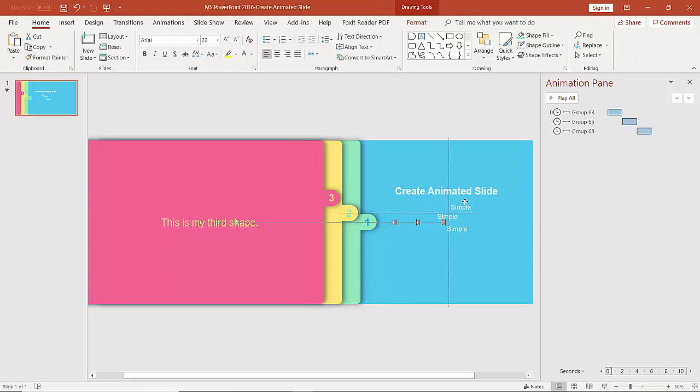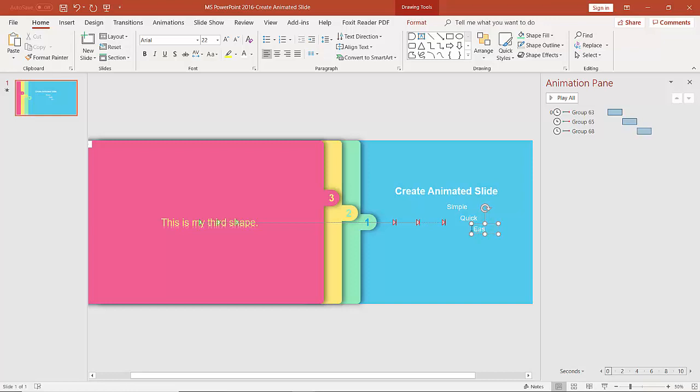So let's replace it. Select this one, place it over here, then select this one and place it over here. Now we are going to change the text, and here we are going to type in "quick," and then here we are going to type in